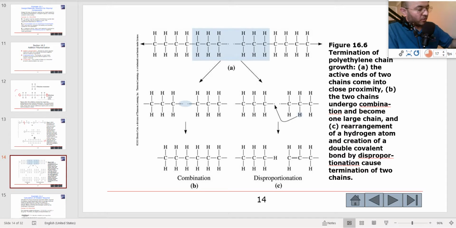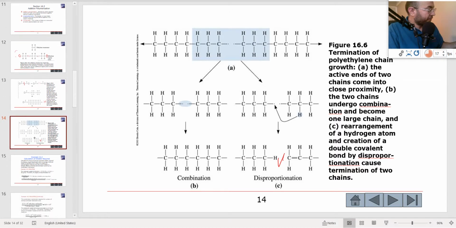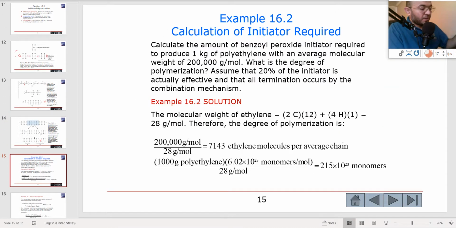So a long ethylene. Now, when they break down, they could get to a combination or disproportionation. Disproportionation would be when you have a double link and then the chain is already broken down here. An example. So in this example, calculate the amount of benzoyl peroxide initiator required to produce 1 kilogram